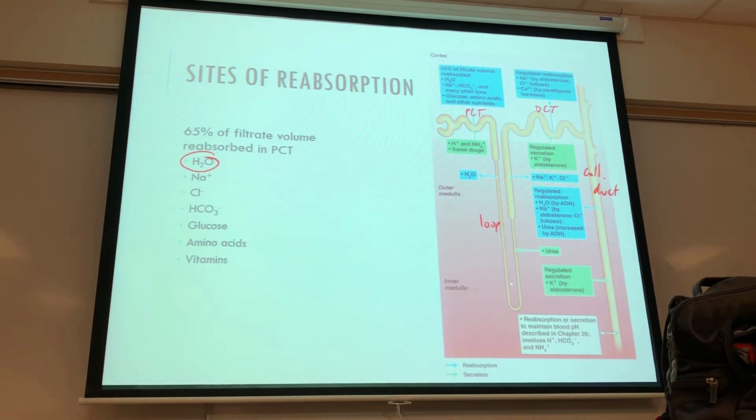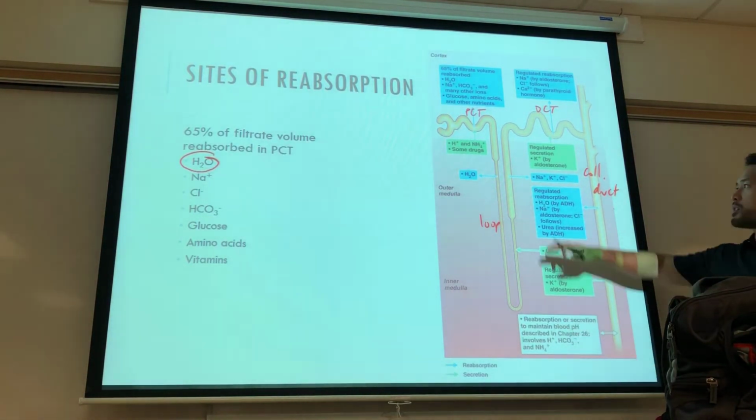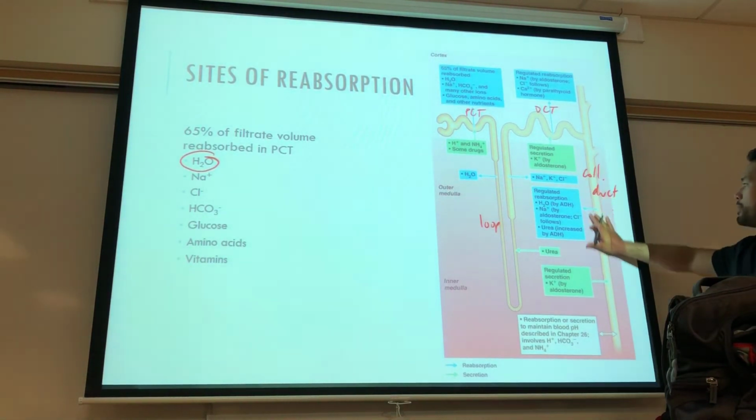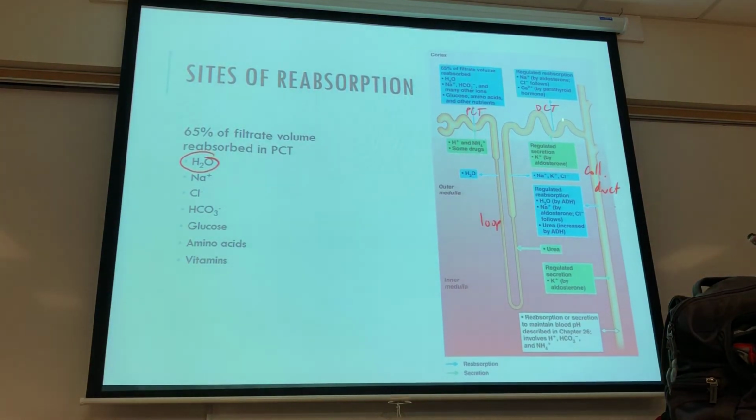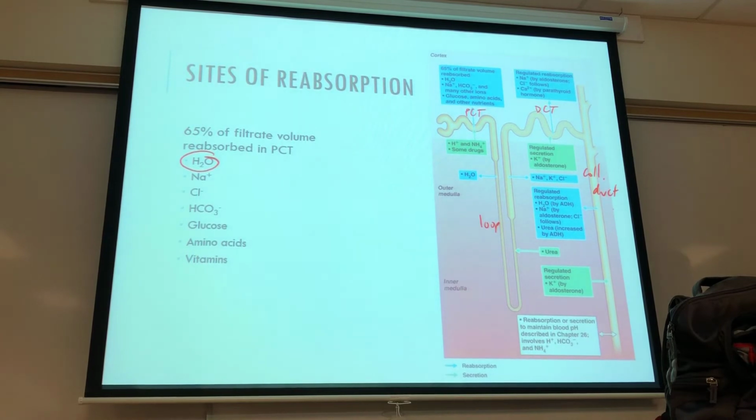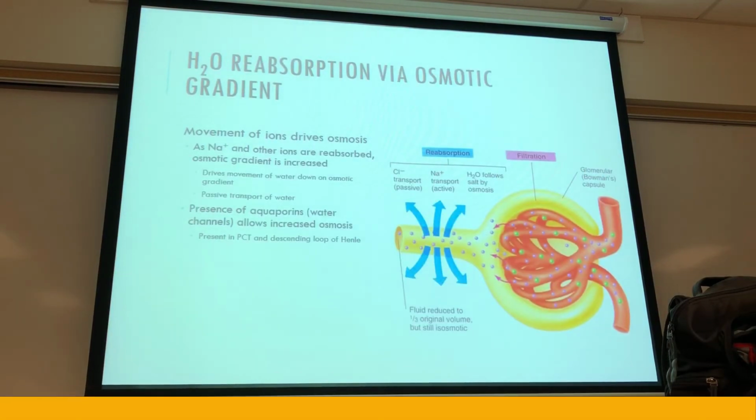And then everywhere else, we're fine-tuning and adjusting. Depending on water levels and electrolyte levels, you're going to see that hormones come into play that will alter the composition of the urine through reabsorption, especially towards the latter end, the DCT and the collecting duct. So let's take a look